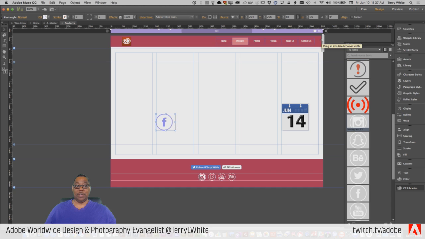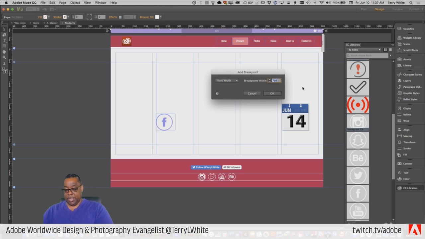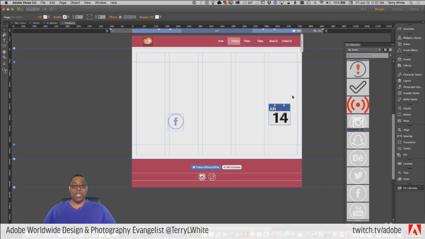So if you were to go down to, let's say, a tablet, which is typically 768. So if I go in, add breakpoint. Oh, sorry, not here. What do I want to do? I want to go in. Oh, there we go. Add breakpoint at 768, which is typically a tablet size. There's no real such thing as a specific size anymore, but typically tablets start at 768 on down to phones. So if I add a breakpoint at 768, what I would then do is say, oh, you know what? At this point, hide this one.